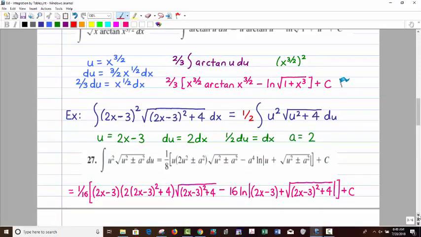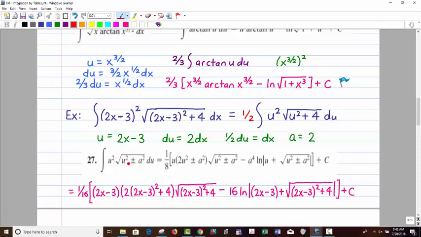Now this one would be also trig substitution, but if you look at the right side of this, well, that would have been a pretty challenging integral by trig substitution. You see there's some complexity to this one. And this is probably a little bit overkill from what I would ask on a test. But anyway, you just kind of see by looking at this and giving you that formula, it's easy to see